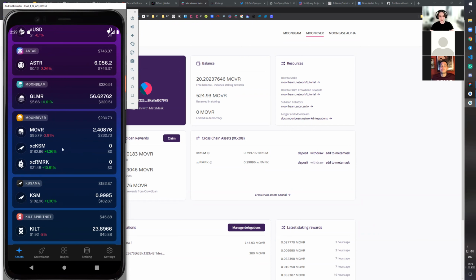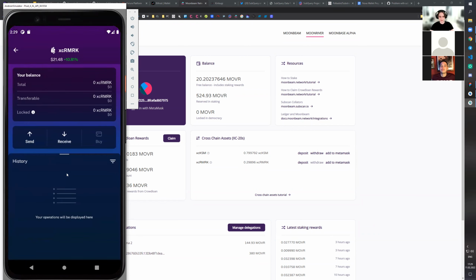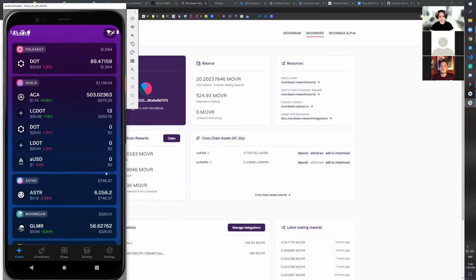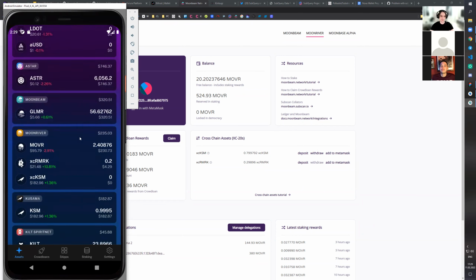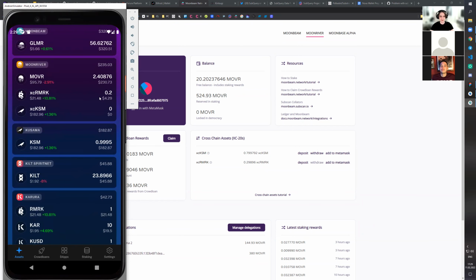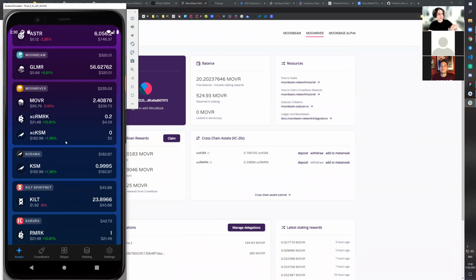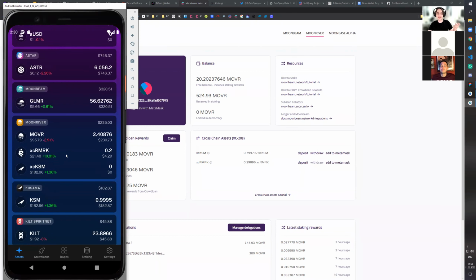So yeah, we should receive the remark tokens for this account. Maybe again, it's just a subscription issue, so we will need to once again switch accounts. Yeah, now we successfully transferred cross-chain remark inside of Moonriver network. All right, I think that covers most of our networks from a technical perspective, because other networks use the same technology